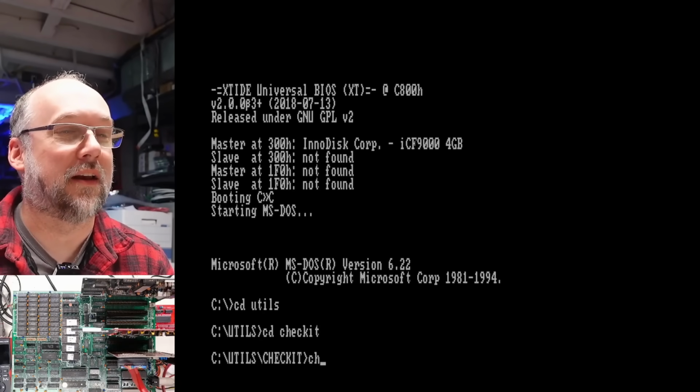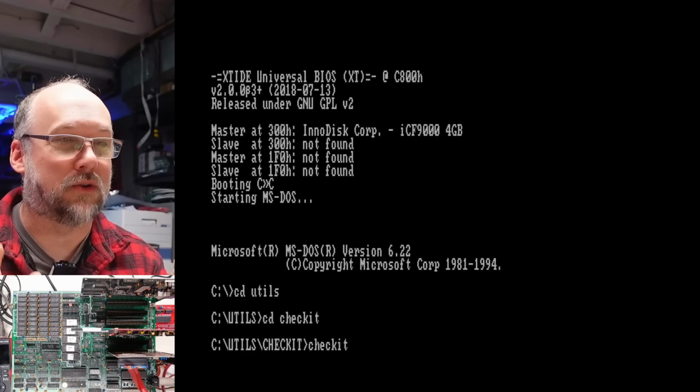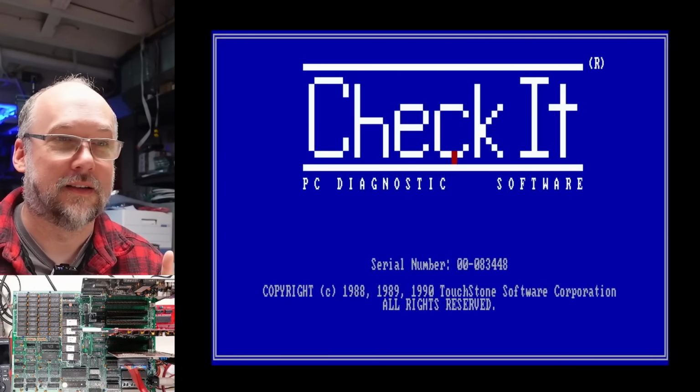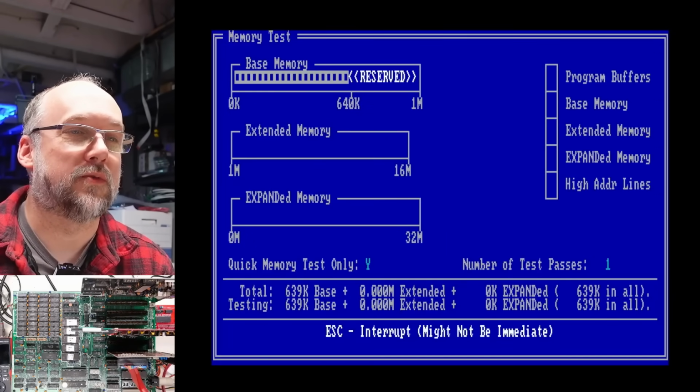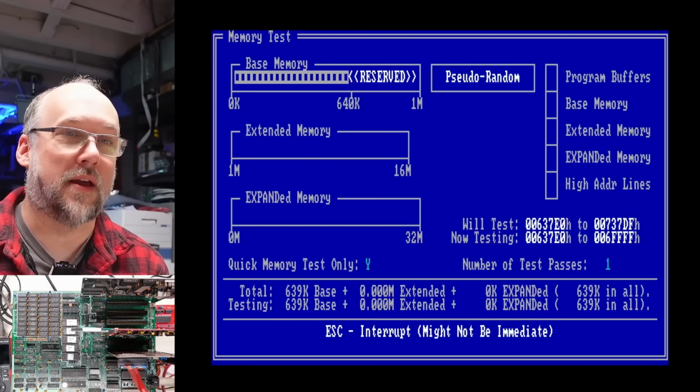So we're going to try Checkit again. I'm just not going to try to change anything. I'm just going to run it as a quick test. If it starts, it is starting. Yeah, this is very shocking. All right, here we go again. I'm just going to run this pseudo-random